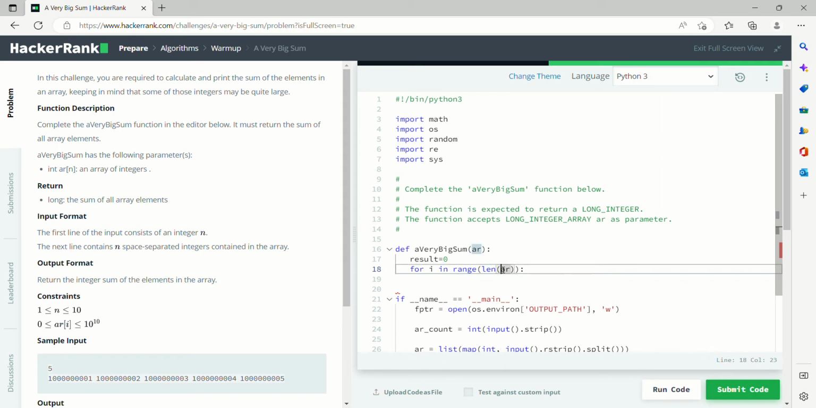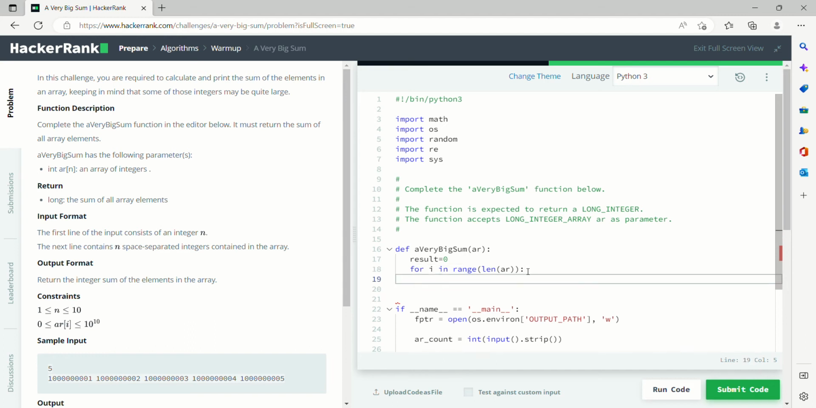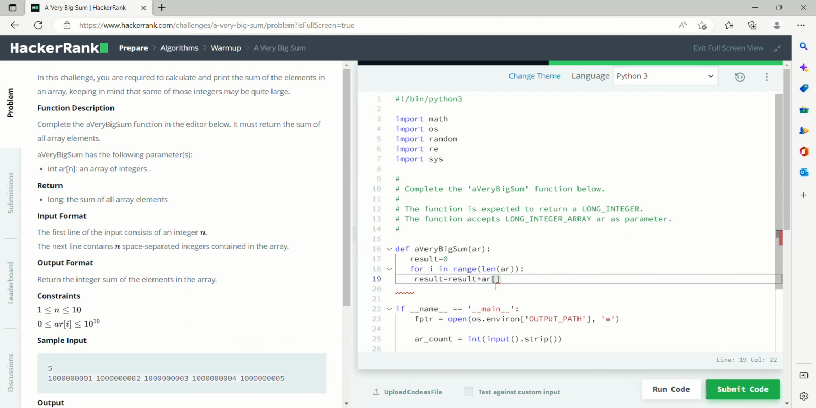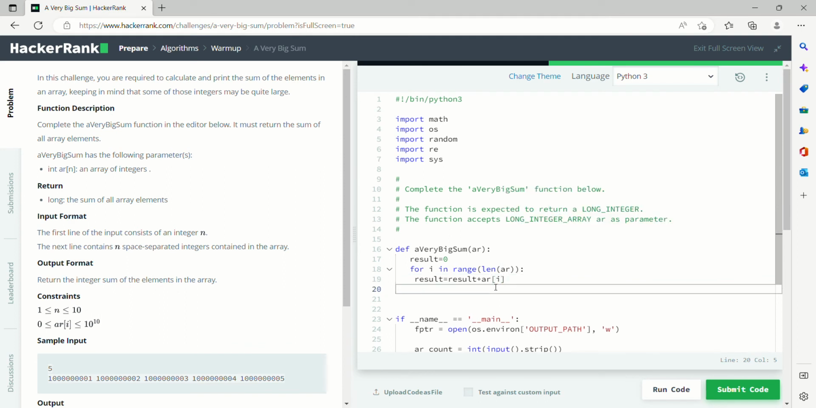And what we need to do now, we need to calculate the sum. So for that I'm just using this result equals result plus AR of I. What it will do is hold our sum for all the elements of the array, and now we'll just need to